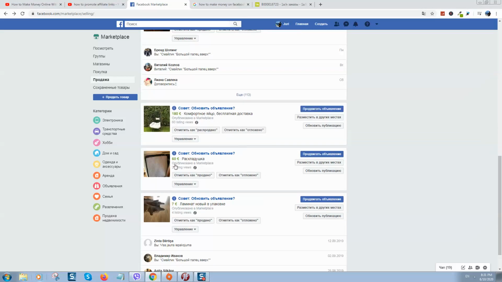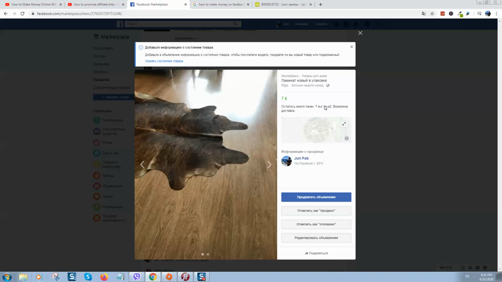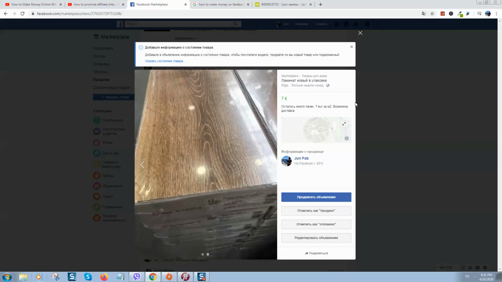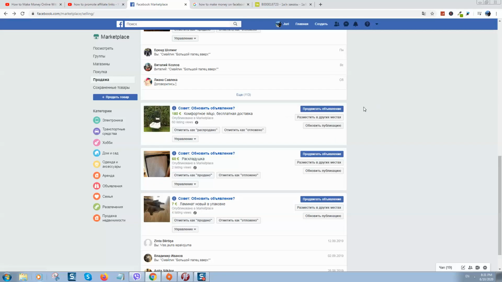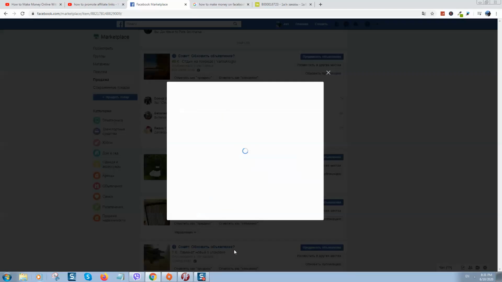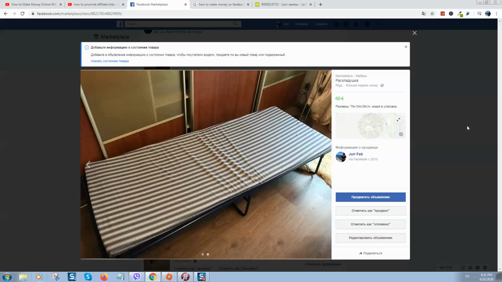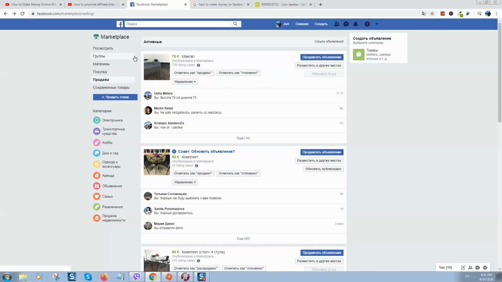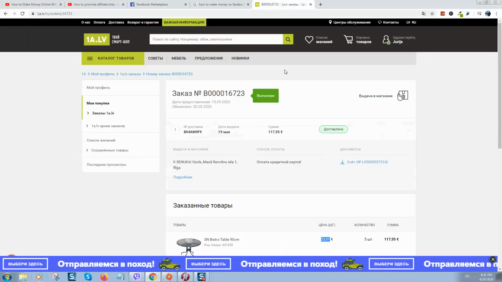The more products you list on your Facebook, the better. As you can see, I'm selling materials as well, quite different products, everything for home, and I'm selling all this stuff on Facebook Marketplace. Here you can see views, and orders come. In 1 week, I was able to make 1,000 euro by reselling products, and the most interesting thing is that